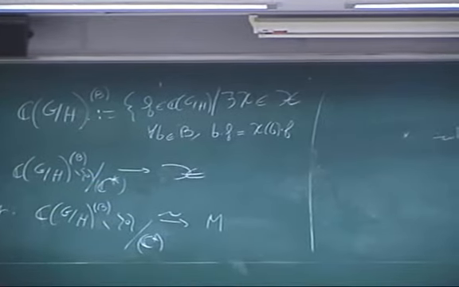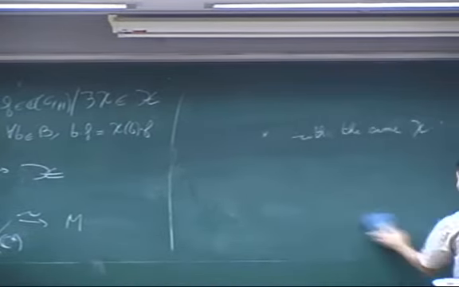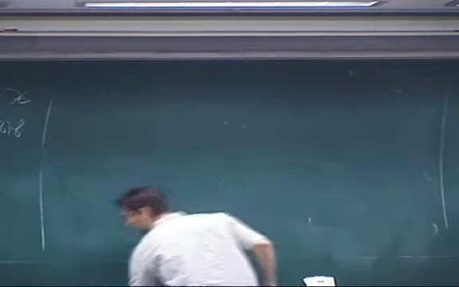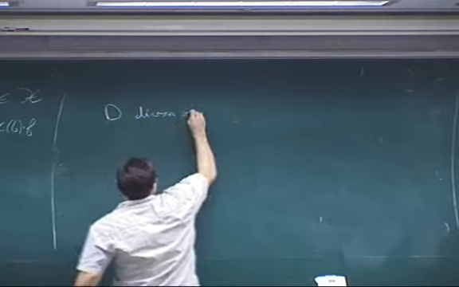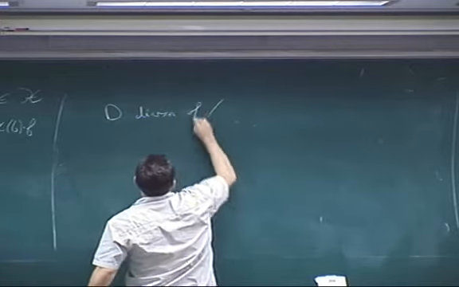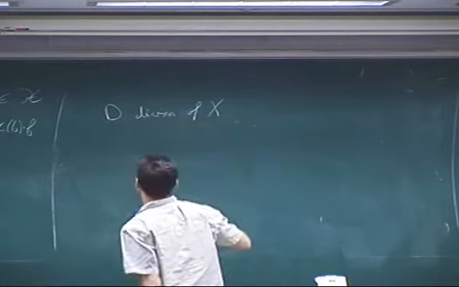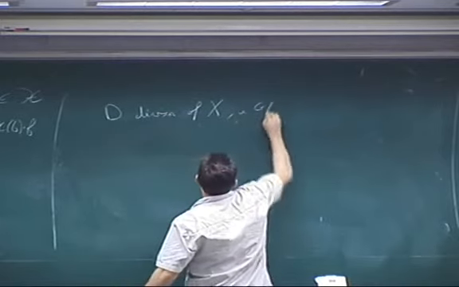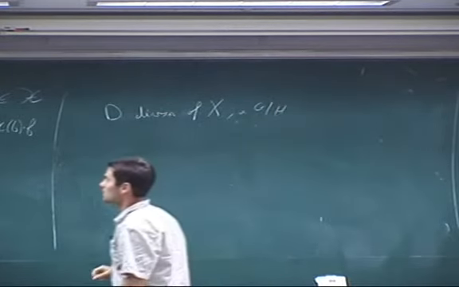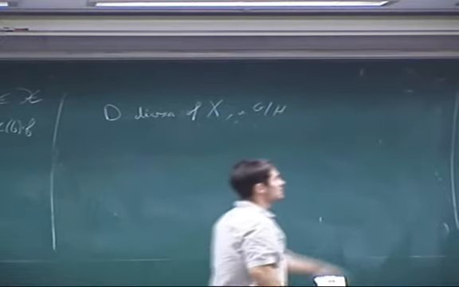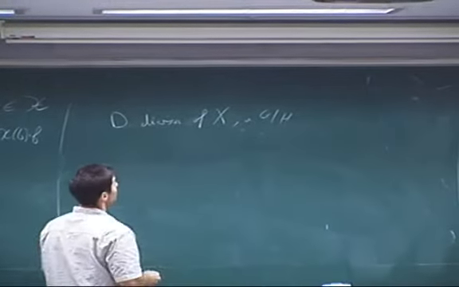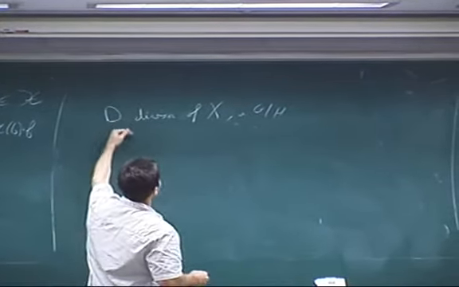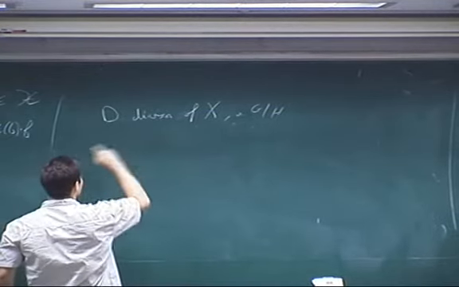So we can look, when we have a divisor D, a divisor of X, of G mod H. I just remark that the rational functions of X and the rational functions of G mod H are the same because G mod H is open in X. So I take a divisor and I can associate